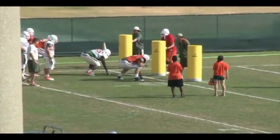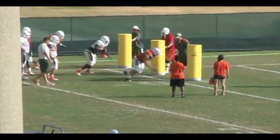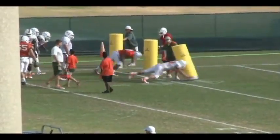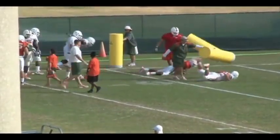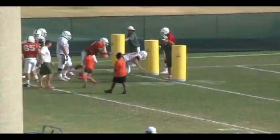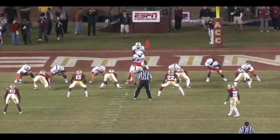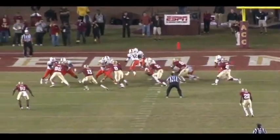Brandon Linder does a good job of staying low, getting to the outside of the pad, and taking the proper footwork to get him to where he needs to get quickly. Nice job. Nice job right there. Guys are coming off the ball, they're down low, they're laying out, they're driving their hands through, and they're trying to take the guy out. And some guys can play that block pretty good. But to me, if you're quick and your jumping cadence and your point of aim is good, you're probably going